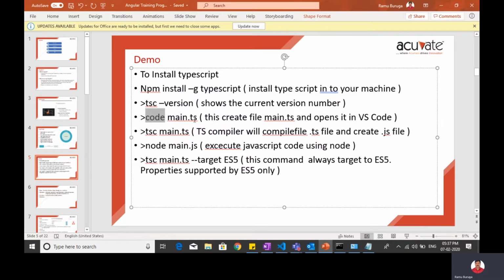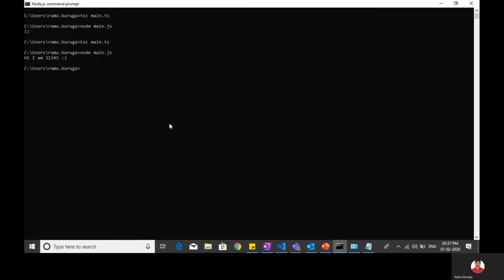To create your TS file, you can use this command: code test.ts.